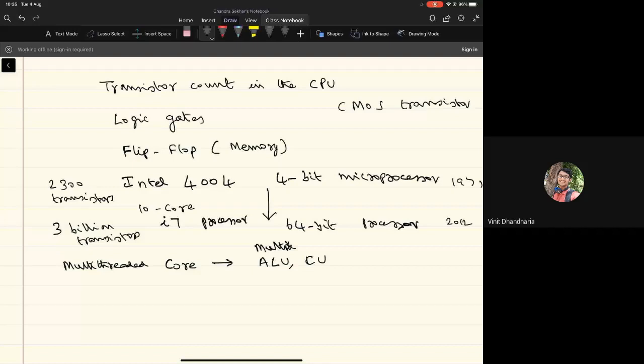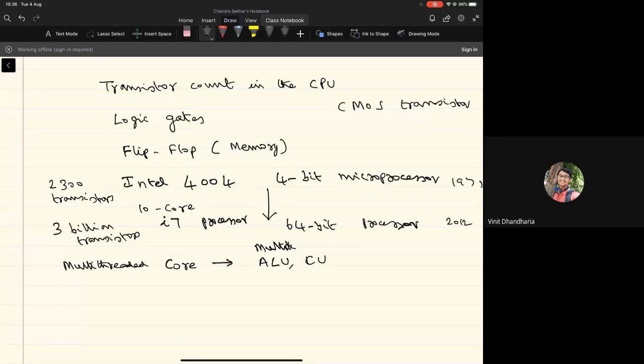So we may be performing 4 different arithmetic operations on 4 different types of operands, or we may be performing 4 floating point operations on 4 different pairs of operands and so on, right? And that's what the typical core is capable of in the current day scenario. And now we are talking about several such cores being present in the processor chip. Okay, so when you say dual core processor, we are talking about 2 cores being present, which means that each of the cores can execute 2 different applications, right?